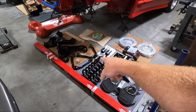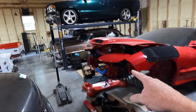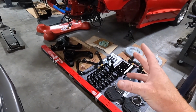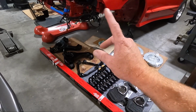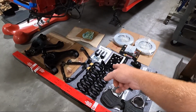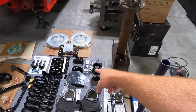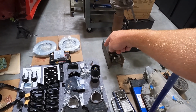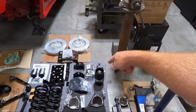Now these are not the 2 degree additional camber like I used on the green truck, because I'm only going 4 inches. Generally you can get into alignment spec at the 4-inch mark. So we will just have to see. Hopefully that works for me, but these are different than the ones on the green truck. 2-inch spindles, 2-inch springs, new bump stops, shock extensions, flip kit, McGaughy's helper bags that we're going to put in the back. Behind that we've got new outer tie rods, and then new sway bar end links, and then